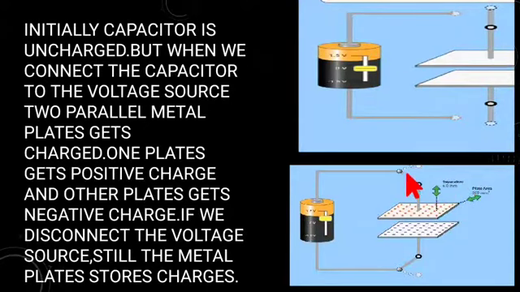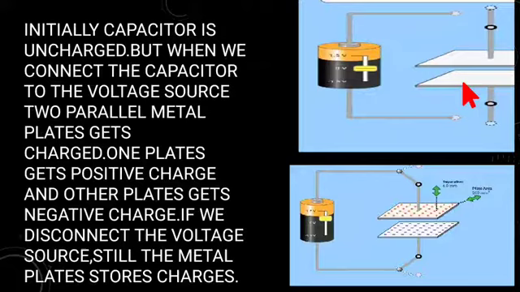Now, because of the dielectric material between the two plates, electrons which are collected at the bottom plate of this capacitor are not able to cross this barrier. Because of that, over a period of time, the electrons will get accumulated at the bottom plate of this capacitor. So the top plate will have a shortage of electrons, while the bottom plate will have an excess of electrons. Or we can say the top plate will get positively charged